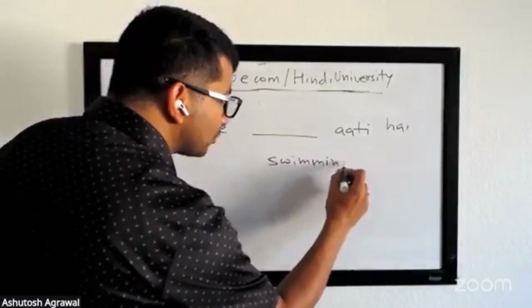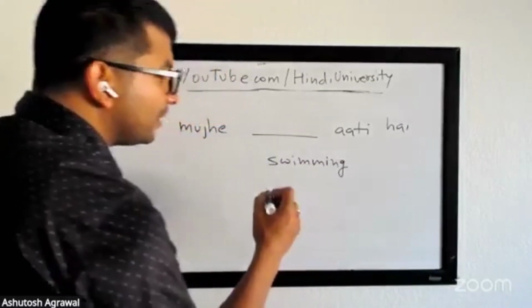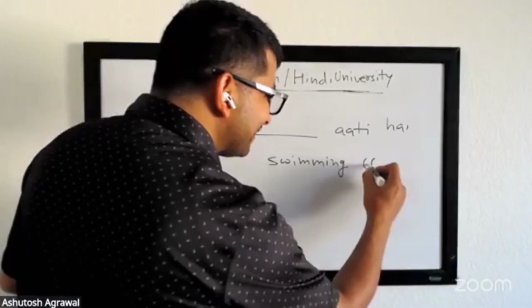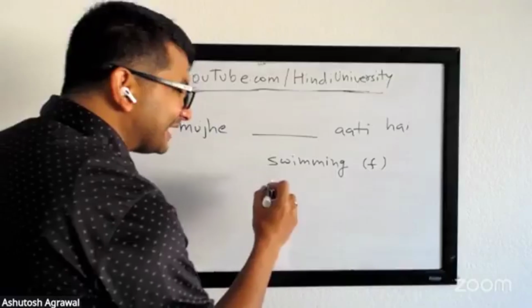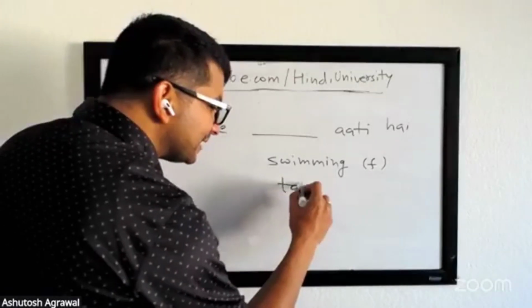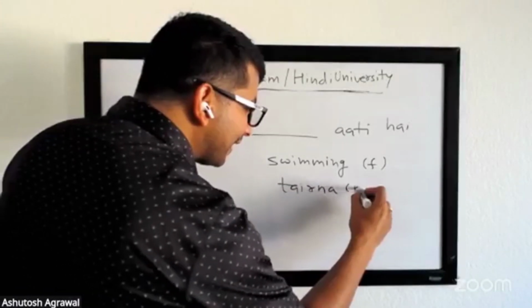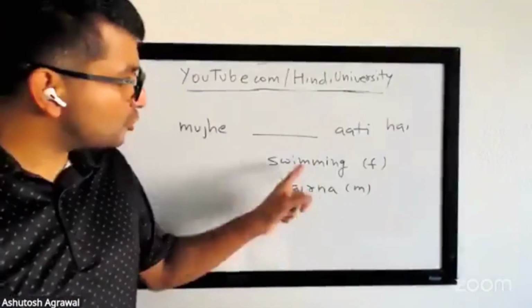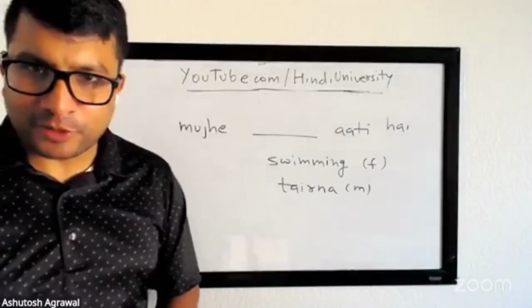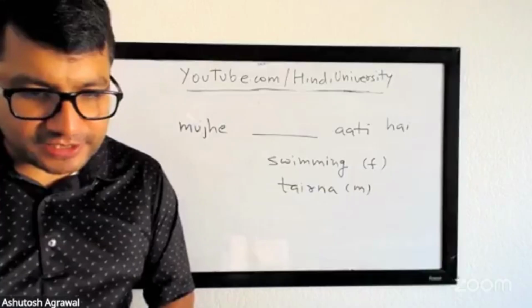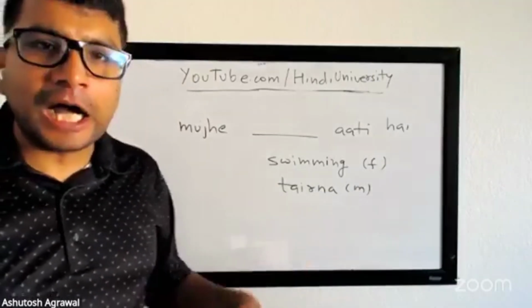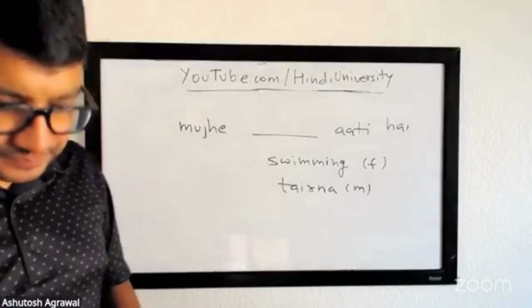So you want to say, I know swimming. Okay, so मुझे swimming आती है, it's feminine. But if you're using Hindi, you say मुझे तैरना आता है. Okay, मुझे swimming आती है, that's how you will say it, because swimming as an English word is considered feminine, but when you're saying it in Hindi, मुझे तैरना आता है.